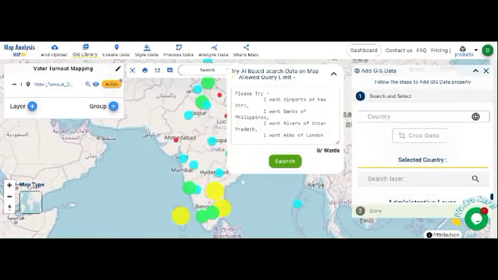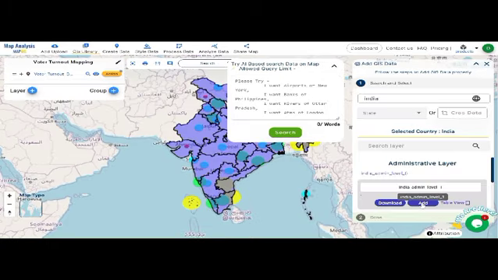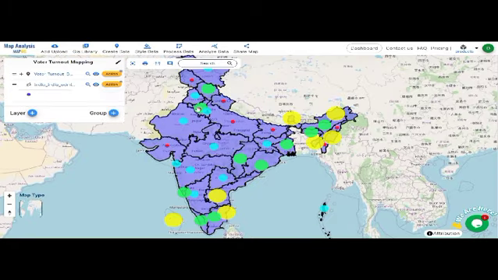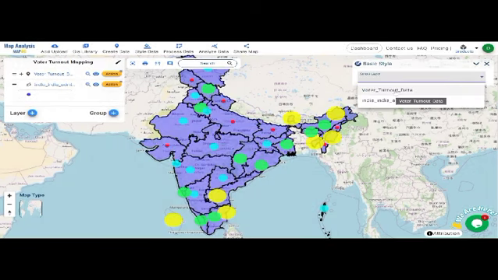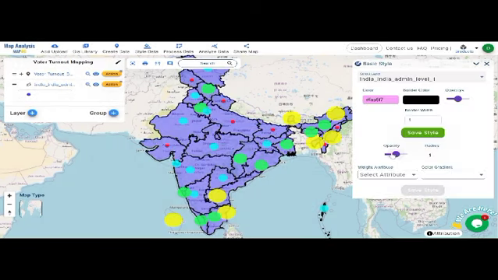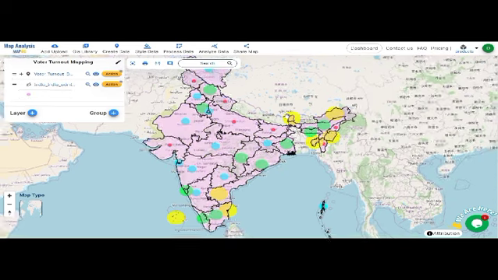Now go to the GIS library, enter the country name, and select the administrative boundary layer that you need, click Add. Then go to Style Data and select the basic style, choose the administrative boundary layer, then customize the color as per your need. Now we add label for getting a more interactive map.